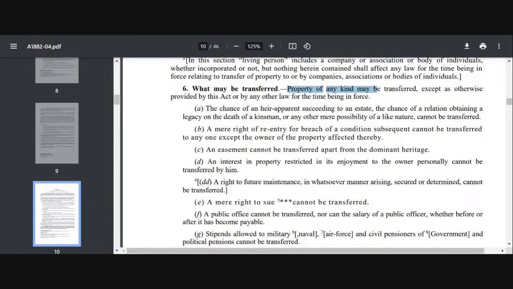So he should be competent to transfer and also entitled to transfer. That means you should be authorized to transfer the property. Apart from competency, that is you are major, sound mind, not otherwise disqualified, you should also be entitled. Entitled मतलब आपके पास authority होनी चाहिए for transfer. It should be your own property which you are transferring. Right.